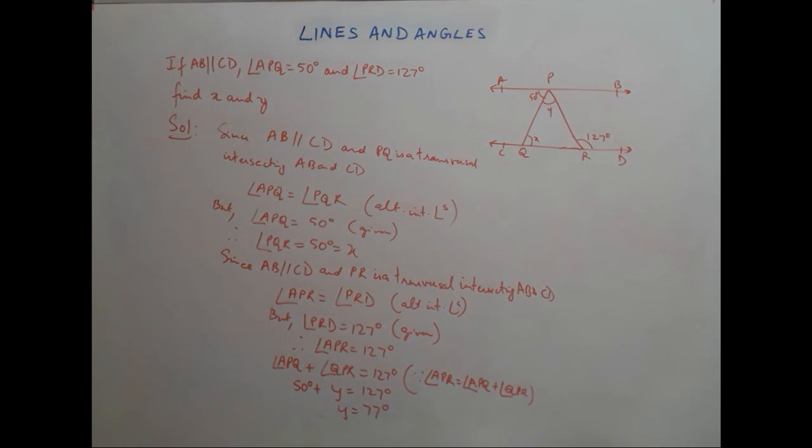So we've got both X as well as Y in this problem. Not at all difficult. Once again we use the properties of parallel lines and transversal to solve the given problem. So in this video, that will be all for the problems on parallel lines and transversal. In the next video we will look at the external angle theorem and the sum of all angles of a triangle, which is equal to 180 degrees. Thank you for watching.